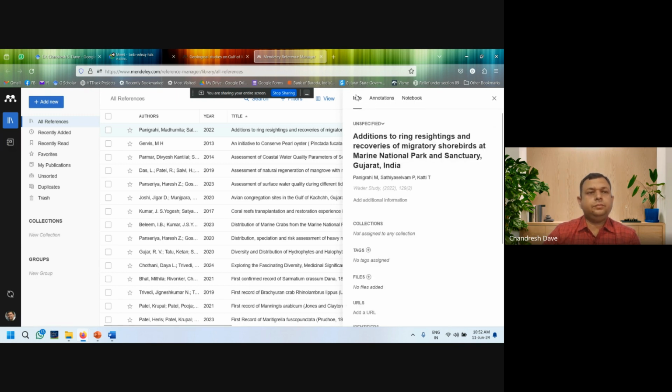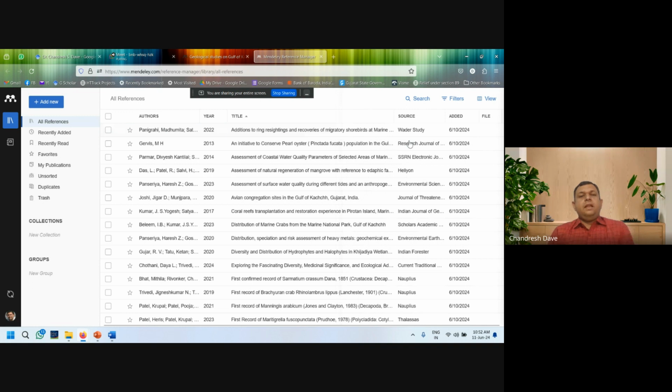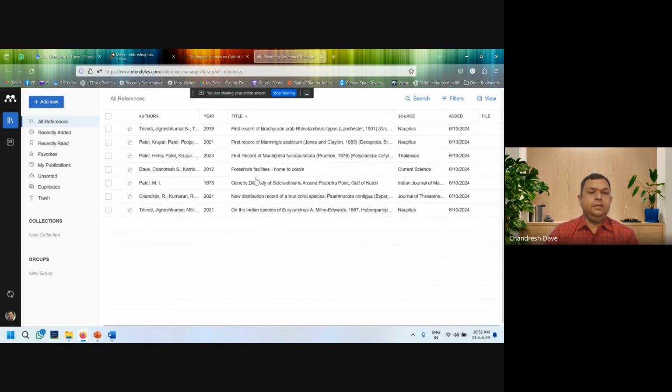Right? So in this way, we can collect and manage the references of our interest in Mendeley. So in this way, we can build our bibliography.